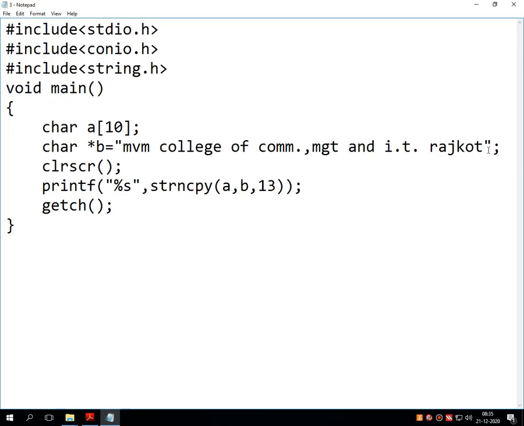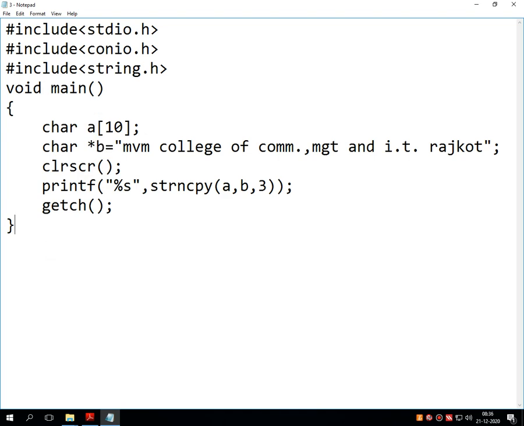This is the program. Here I have changed strcpy to strncpy, and then after the comma I have given the length of characters which I want to copy from variable b to variable a.